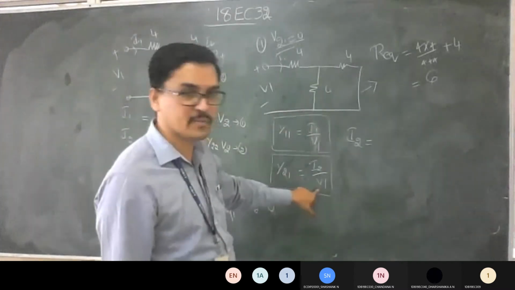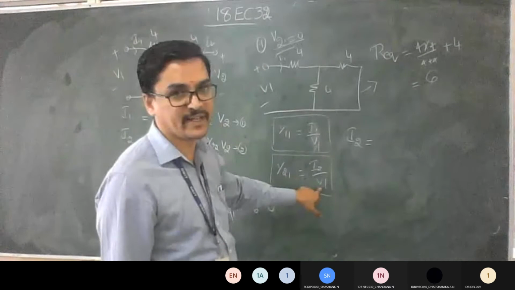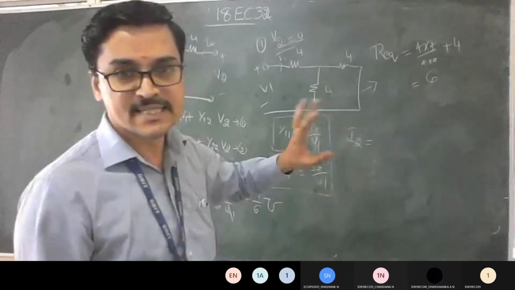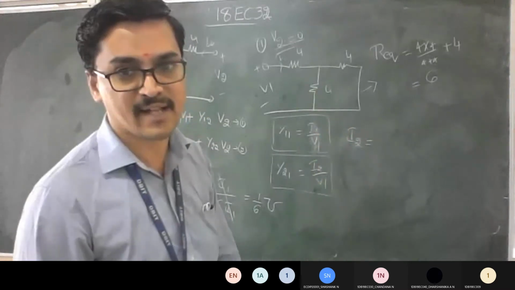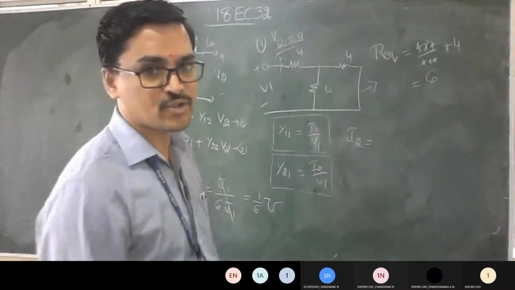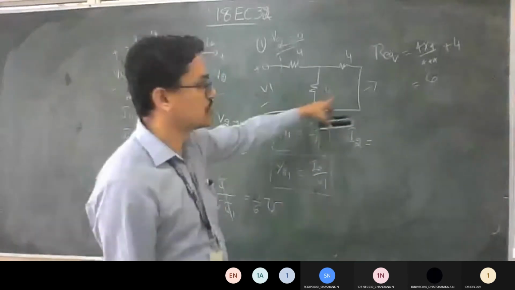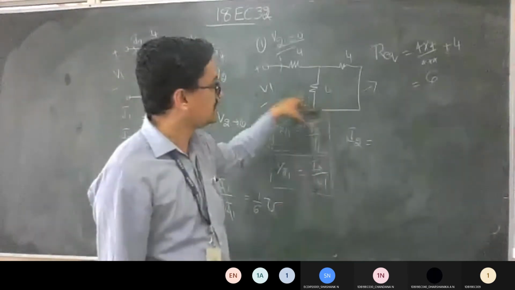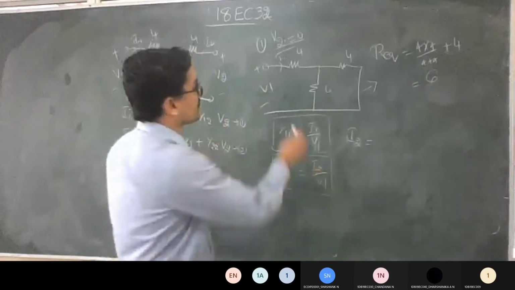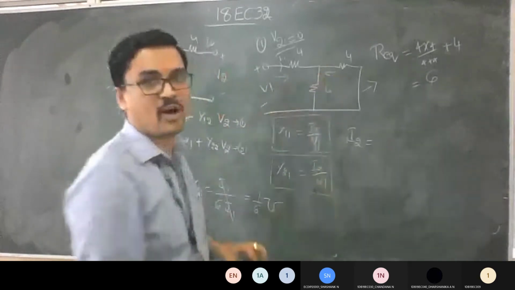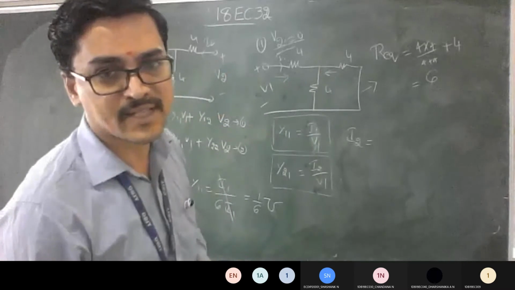Second case, I can't substitute V1. So the only option is to convert this I2 in terms of V1, and then the V1 term gets cancelled to give the answer. So you need to apply the logic of current division. What is the main current? It is this. But look here. I am going in this way, and I2 is coming in this way. So both are in opposite direction. Yes or no?